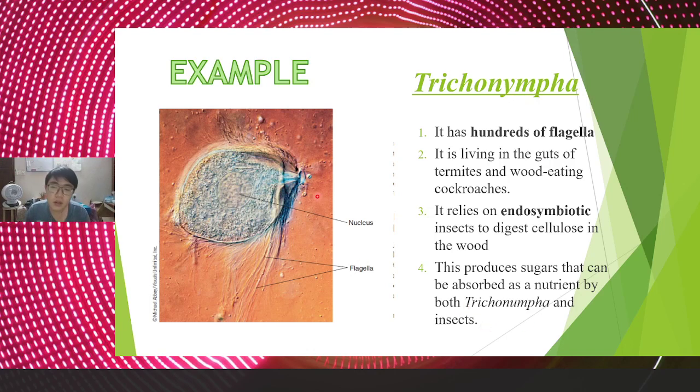So it will get, it will live as a parasite and rely on the insect. And how does it get nutrients? It gets nutrients from the cellulose. It digests the cellulose and then produces sugar. And then this sugar will be used as the nutrient for